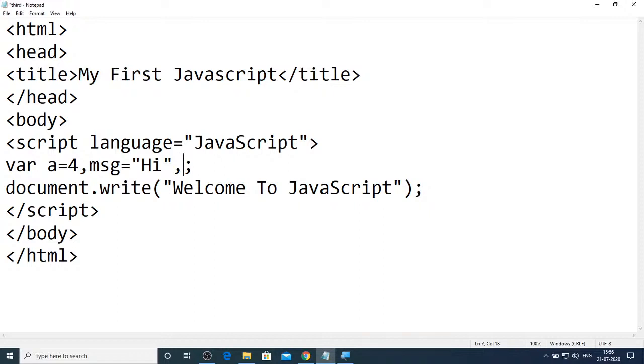Yeah, you can even mention some c equal to true. What does it indicate? Boolean. So this is how you can mention variables in JavaScript. And as I was saying, even though you don't define any data type, the data types JavaScript supports